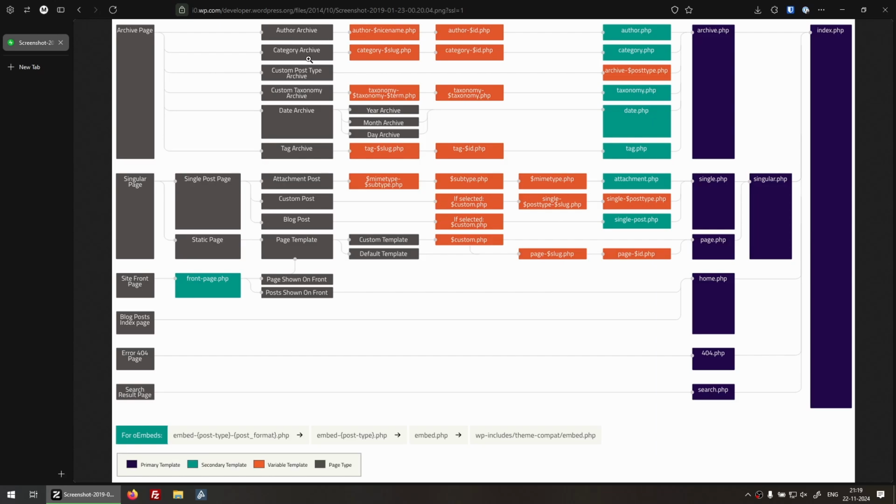Is it a category archive? No. Is it a custom post type archive? Yes, probably. Is it a custom taxonomy archive? No. A date archive? No. A tag archive? No. It is a custom post type archive. Let's follow the line. And then the first template that gets hit is archive-the name of the post